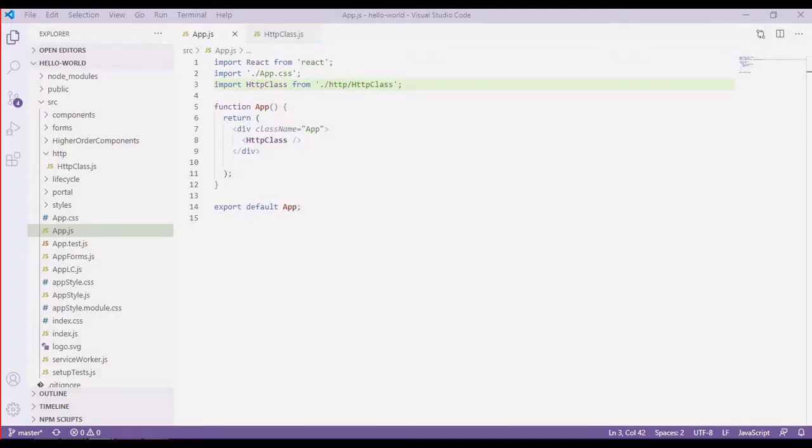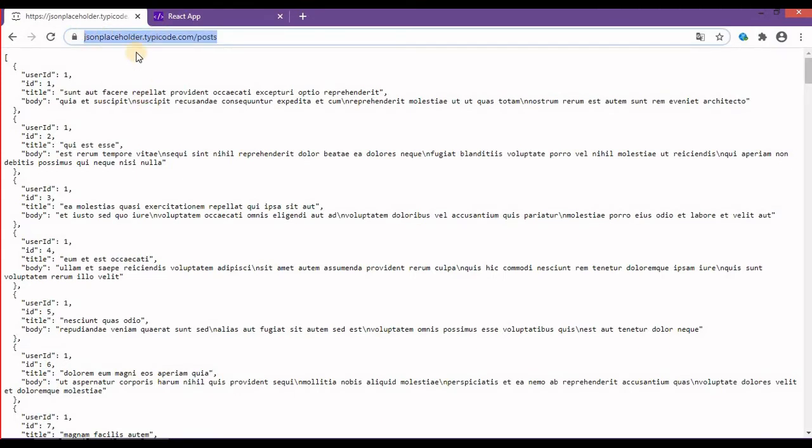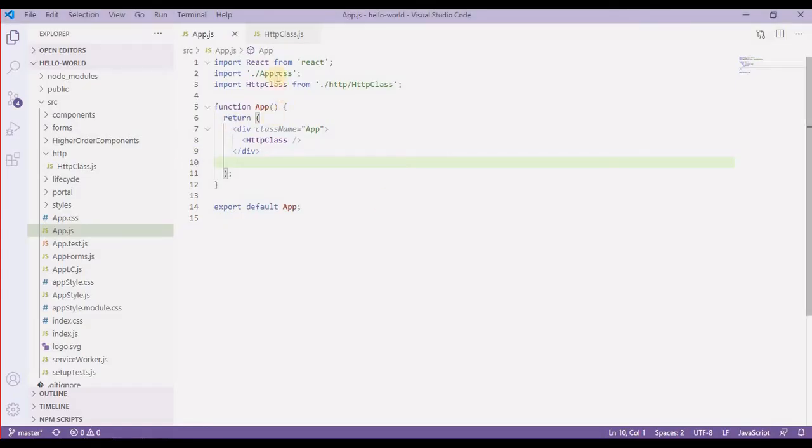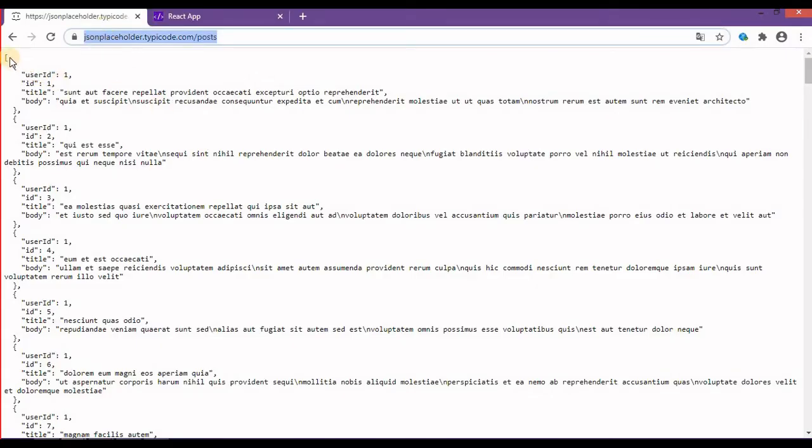Now we'll take some servers. I will take some examples of servers, like some default APIs in Google which I have already opened in my browser. So I'll take this path as my server link or API link, and I'll copy the data from this API link. So I'll copy this link from here, and I'll go back to my component, and for the time being I'll just paste it over here.